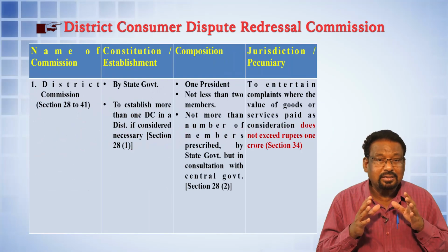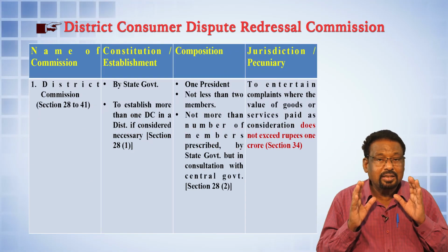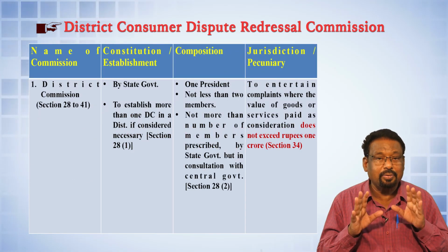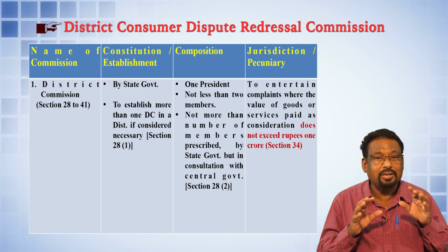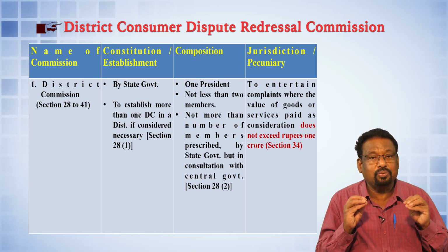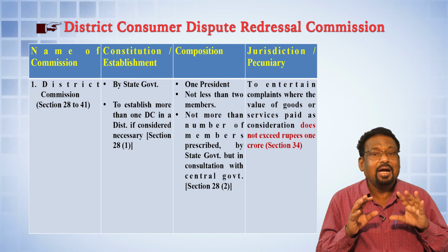About the consumer dispute redressal mechanism: it is created at the district level, state level and the national level. Their primary job is to settle disputes between the consumer and the seller of the goods or the service provider. The district level commission is established by the state government. The state government is vested with the power to establish one district commission in each district, and